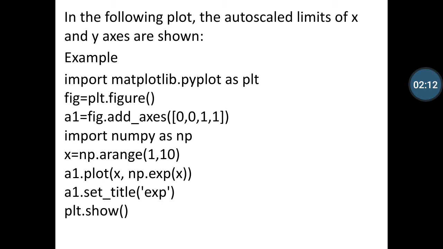Then a1.plot(x, np.exp(x)), where the exp method is called and the x value is put in the expression, and a1.set_title equal to exp. It shows the title of the graph. Then plot the graph using the plt.show method.